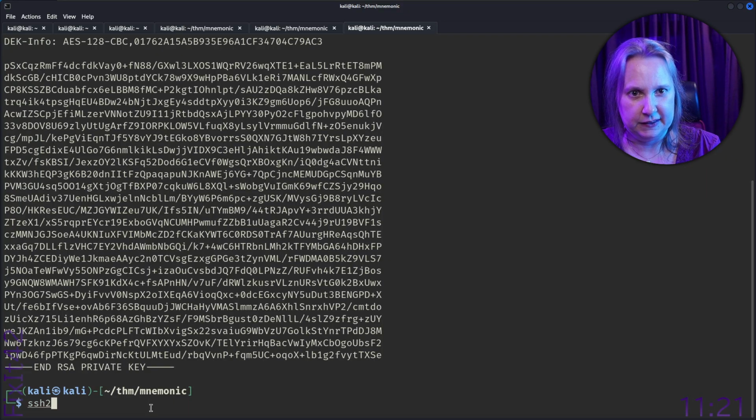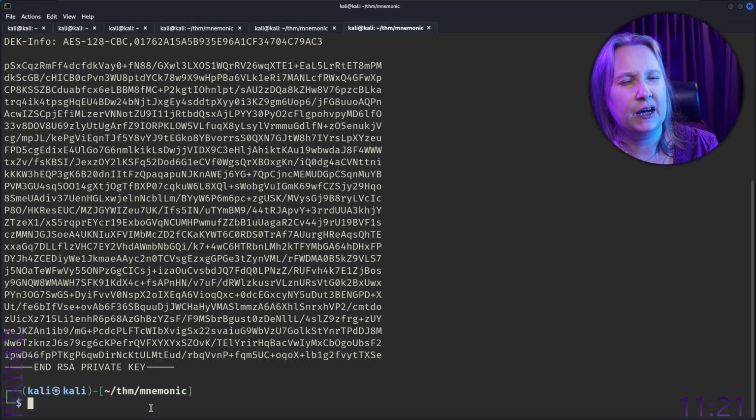So, let's just see. We did zip2john, and it doesn't remember that because we're at the same time level. That's kind of fun how it saves history when we have different tabs, because I would like it, when I open a new tab, to have saved the old ones, right?